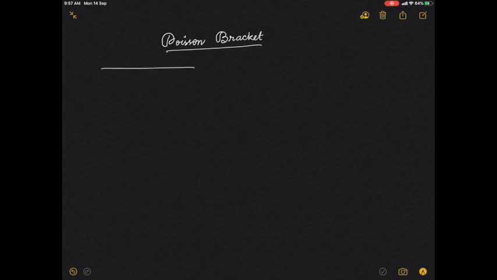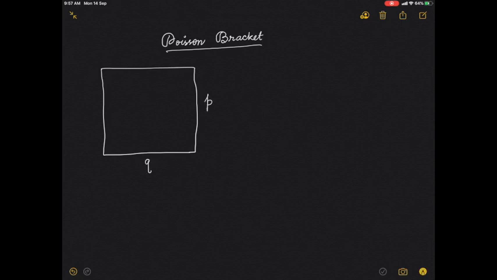So we have been talking about the phase space, and let me draw a cartoon of the phase space. Remember that phase space is 2n dimensional, n for the coordinates and n conjugate momenta. So let me just represent them by q and p here. And we are talking about